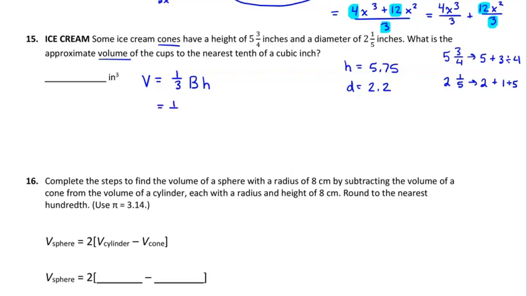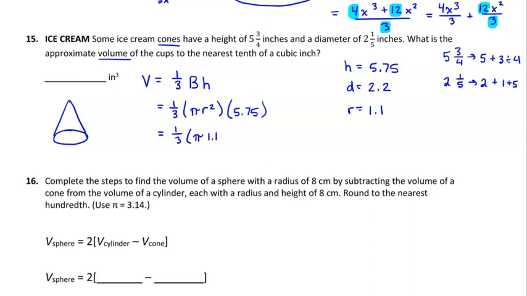So I've got 1/3. Now, the area of the base, you need to know that the base is a circle. And so that's going to be pi r squared, and then h, which is 5.75. And then r, we already have our diameter, so r is going to be 1.1. So now I have 1/3 pi 1.1 squared times